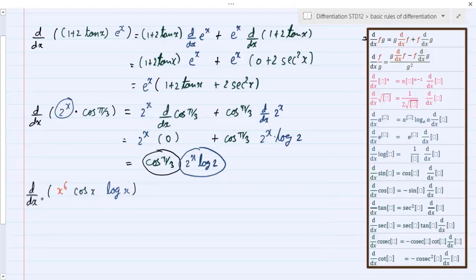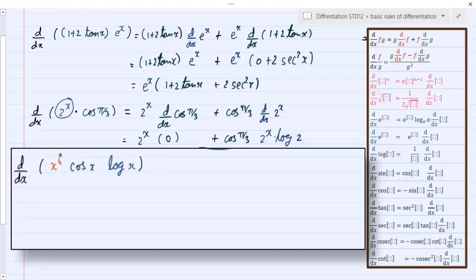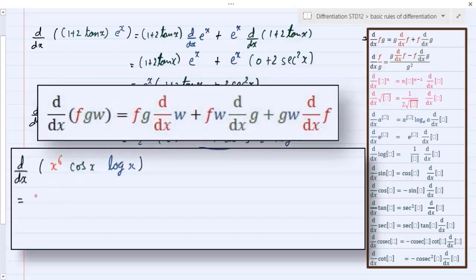Now let's move to the next question. d/dx of x^6 cos x log x. When we have three functions in multiplication, we have to differentiate one by one and the rest of the two terms will be as it is. So in the first term, let's say x^6 and cos x are as they are. We have to differentiate log x,